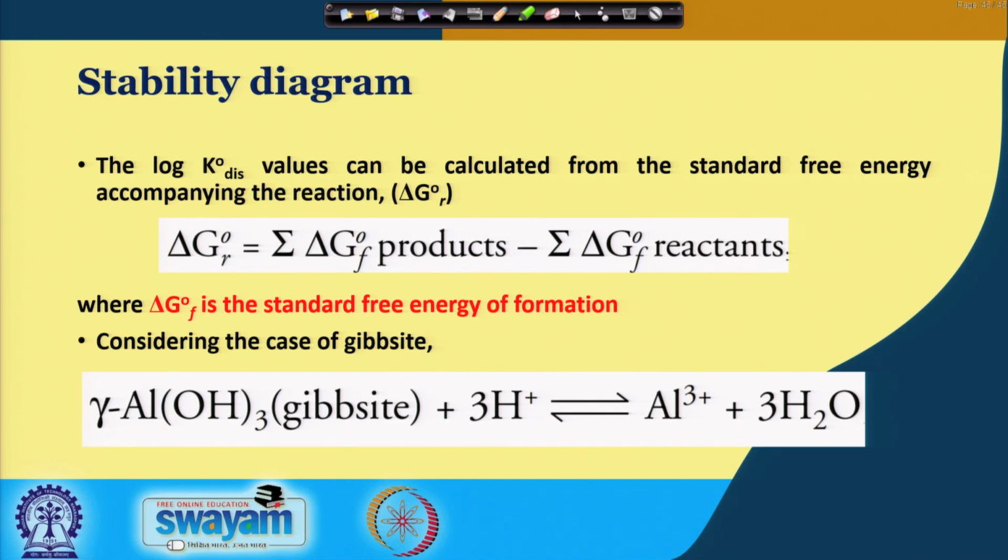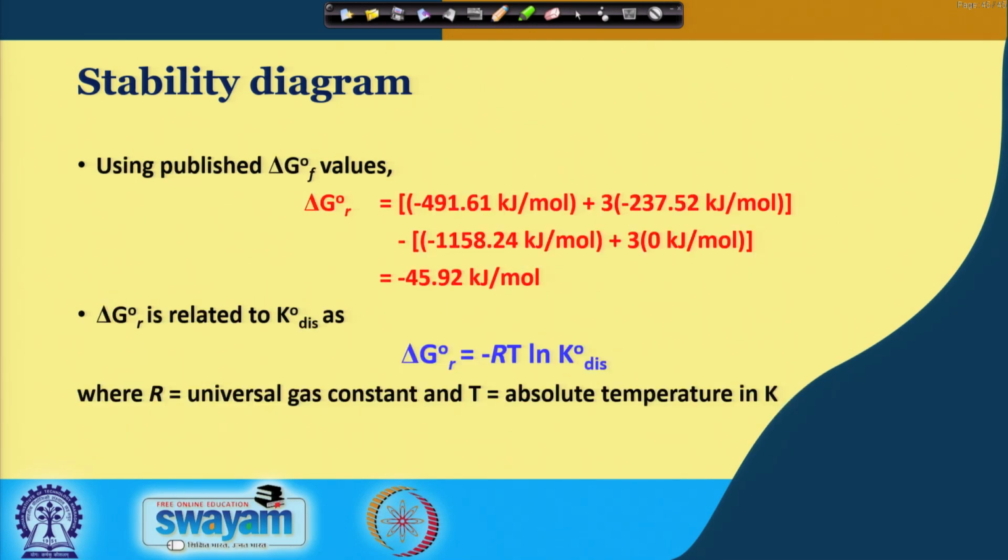The standard free energy accompanying the reaction can be calculated as the standard free energy of the products minus the standard free energy of the reactants. So, if we consider this particular case of dissolution of gibbsite to form aluminum as well as water,